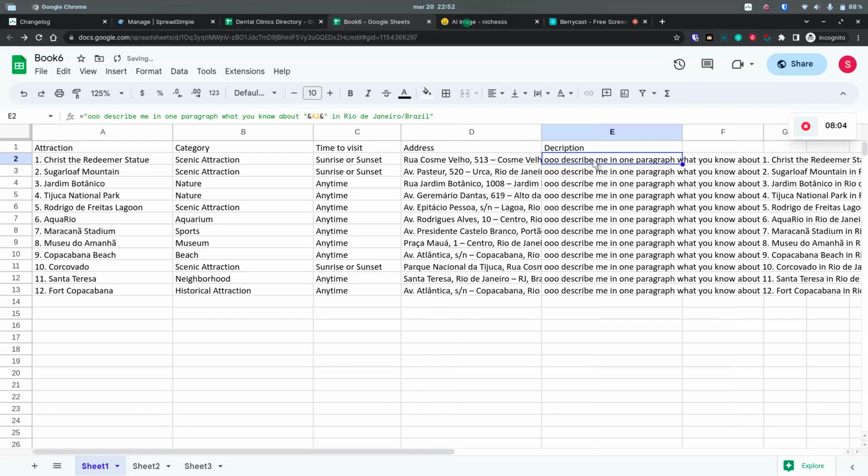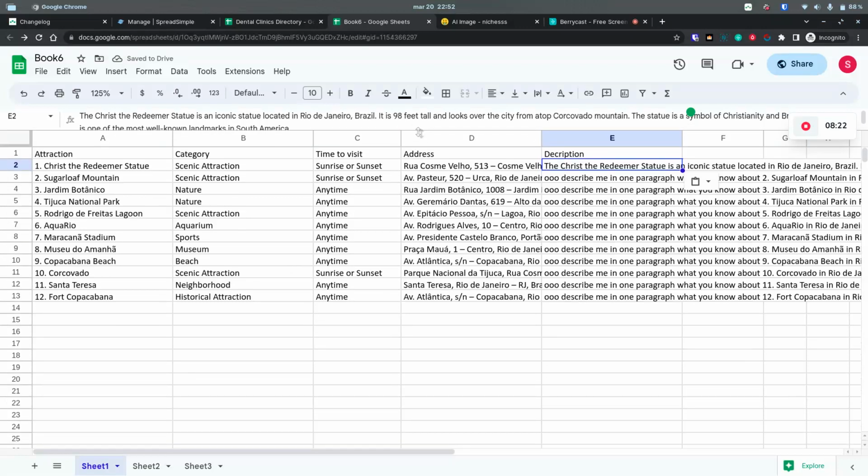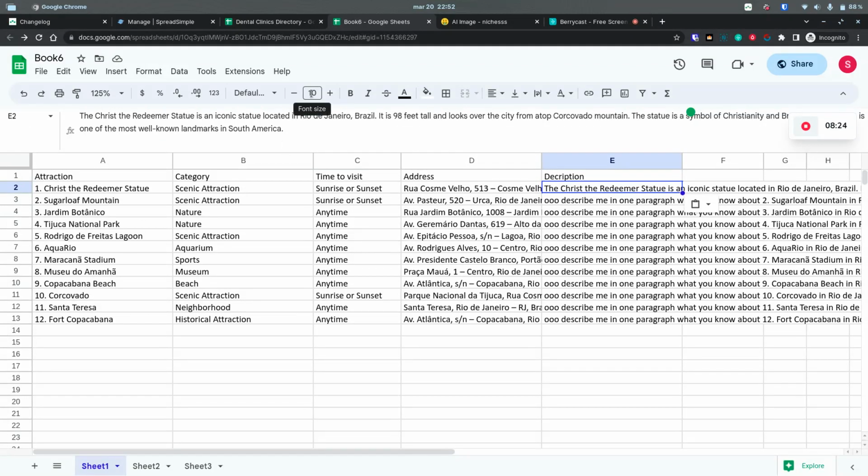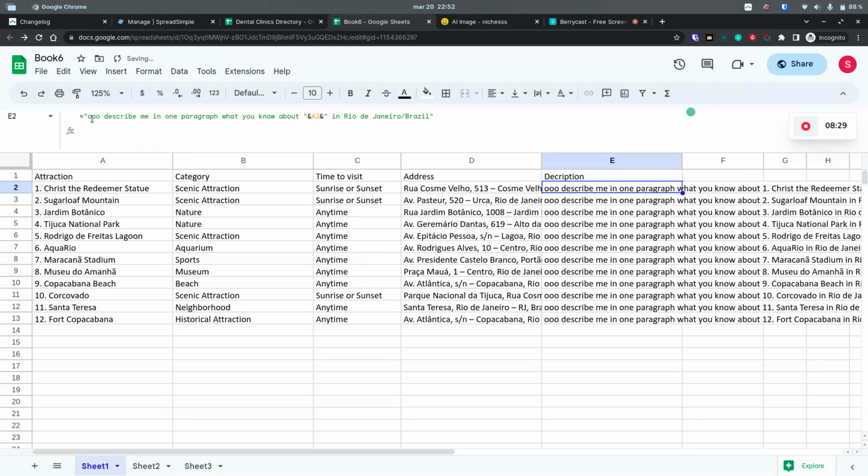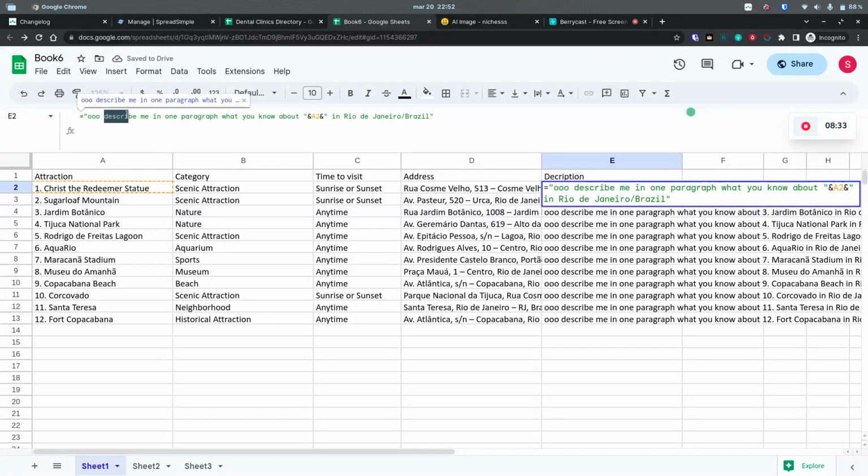If I copy this, this will trigger OpenAI, and it will deliver me a paragraph explaining what is the Christ Redeemer, and I can use it here. I could change this. This Triplo AI is by no means a long content writer, but I could say,